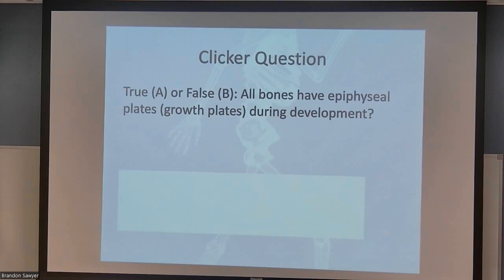You don't really know which bones it are. There's something to do with